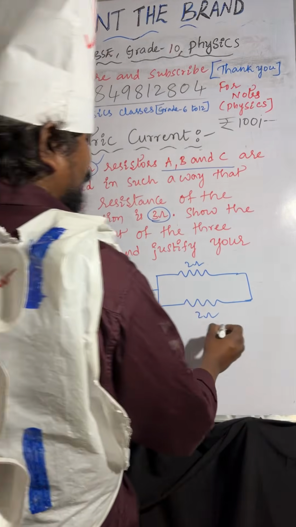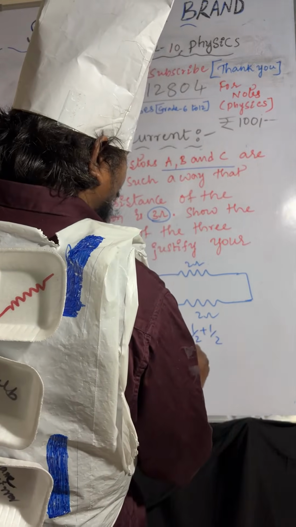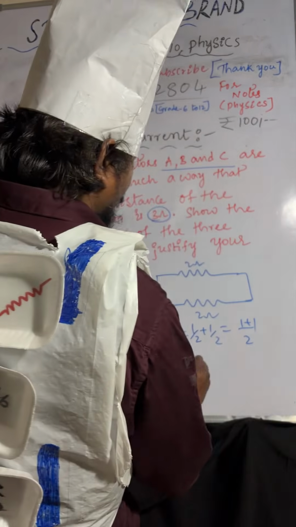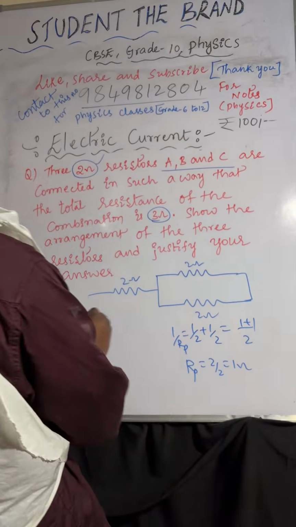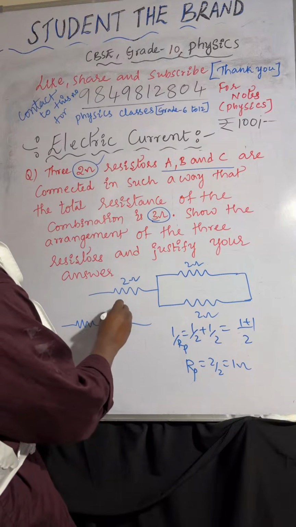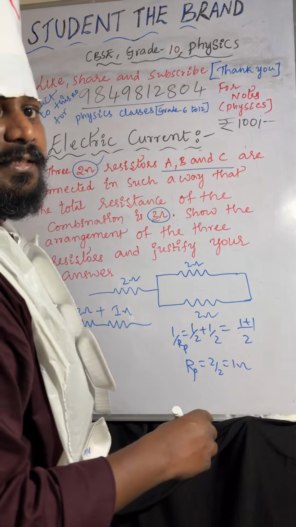So for these two, 1 by 2 plus 1 by 2, that is 1 by Rp. Then 2 plus 1 plus 1, Rp equal to 2 by 2, that is 1 ohm. Then the remaining one, again 2. So 1 ohm and 2 ohm, then 2 plus 1 is